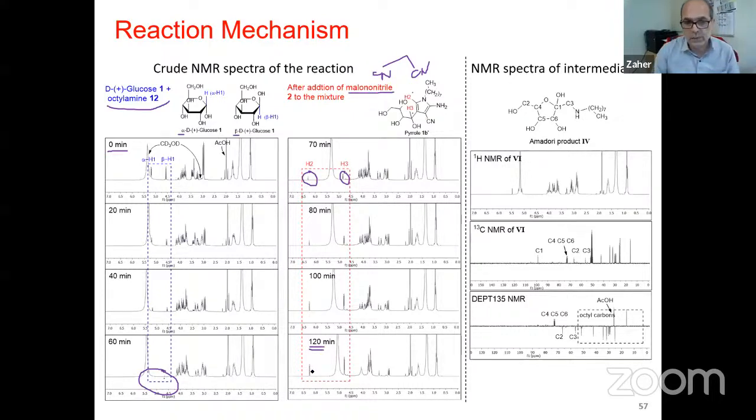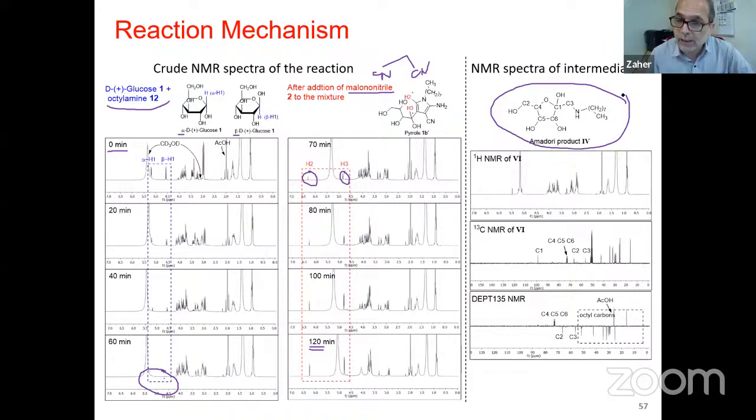You can see this is a well-formed product, and it's considered a clean product. All right, there are no starting materials in this reaction. So this is how we proposed the mechanism of the reaction based on this NMR study. And then in the NMR also, we found that we are able to obtain Amadori product, and